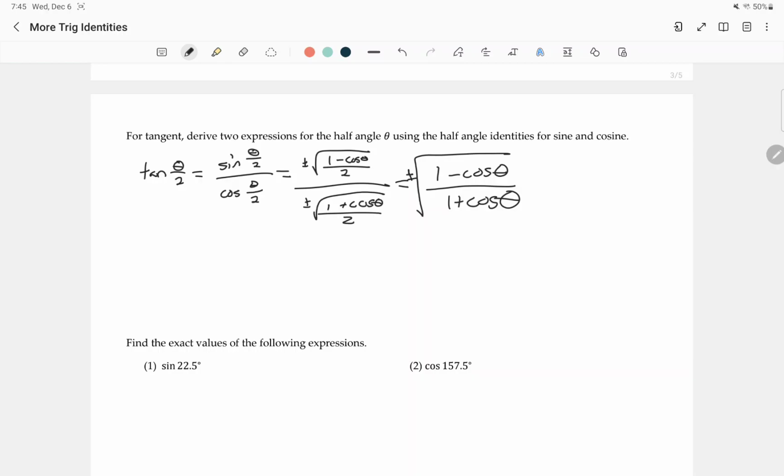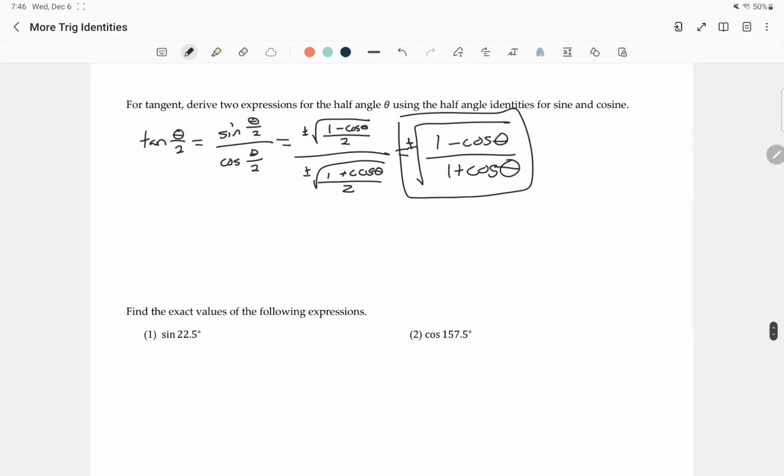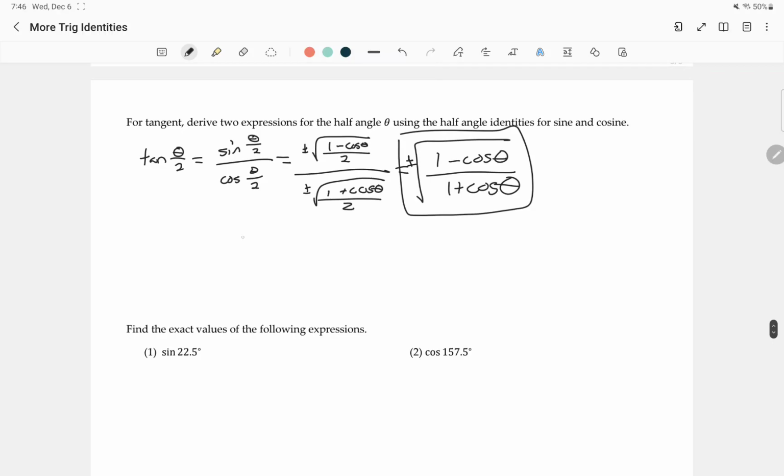So this is the first one you'd like to remember. This is the first version of it. And we can keep going. So if we have 1 minus cosine theta and 1 plus cosine theta, we can multiply by the conjugate of either the top or bottom to get 2 new versions of this identity. If we multiply by the conjugate of the top, which is this, and then 1 plus cosine theta,